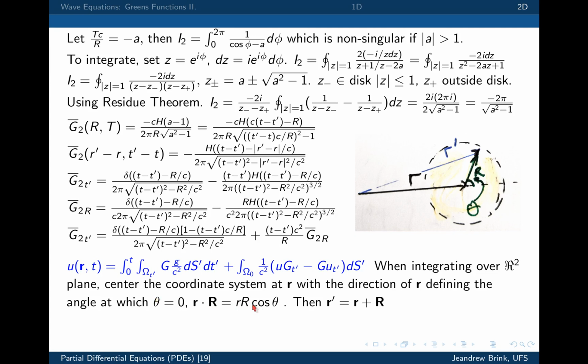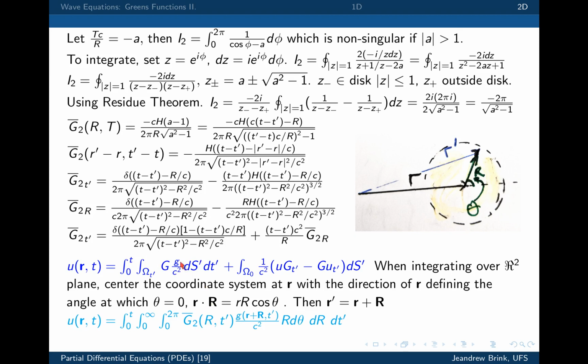And so this is the normal definition. And so what we now have to do is start evaluating what the Green's function is. So here we write the same Green's function in terms of the R and theta coordinates. And so what this first term becomes is the Green's function evaluated at R, comma t prime, and G,